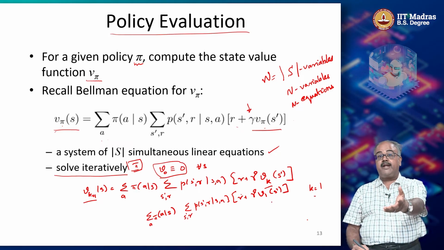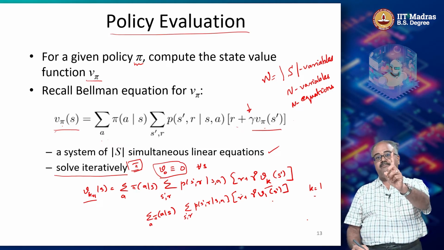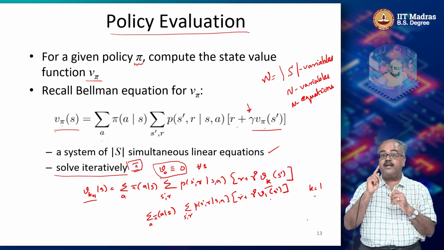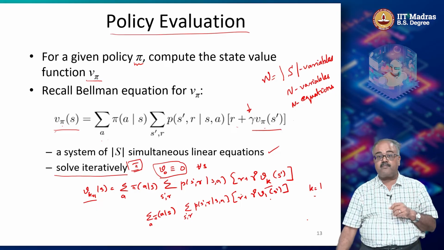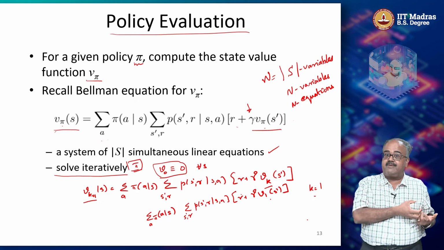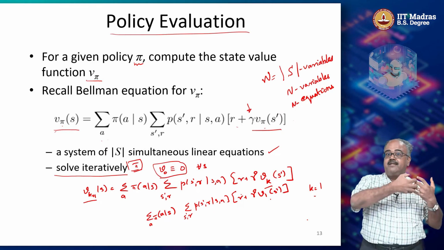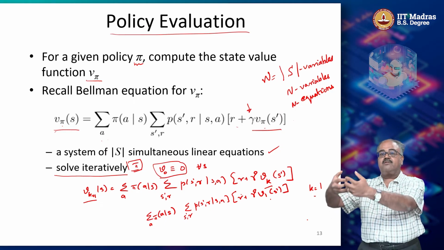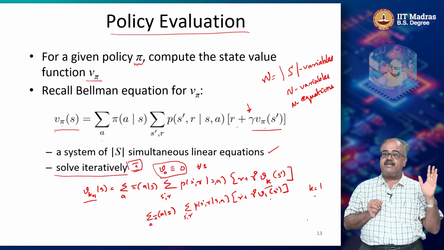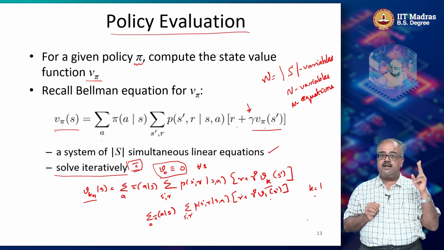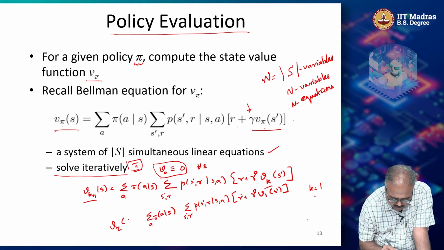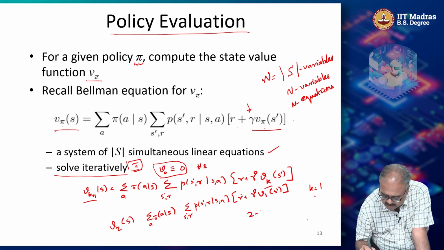It is the expected reward I'm going to get for taking one step from S prime. And R is the reward I'm going to get for taking one step from S. Basically what has happened is I'm taking R plus gamma times the reward for taking one more step from S prime. So starting from S, how many steps have I taken? 2 steps. So when I say V2 of S, it's basically the 2-step